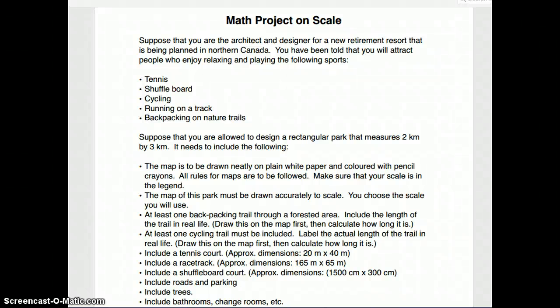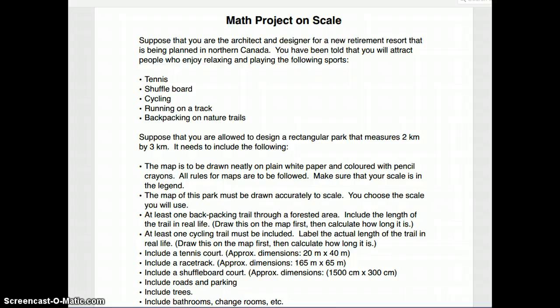I thought I would try something a little bit different today. What I have on my screen, and what you guys are seeing, is a document that I typed up a few years ago, and you are actually going to get an opportunity to create something on a large piece of paper using the skills that you have learned with scale drawings and with maps